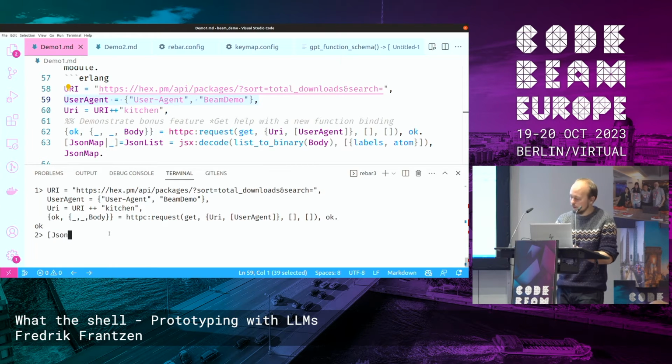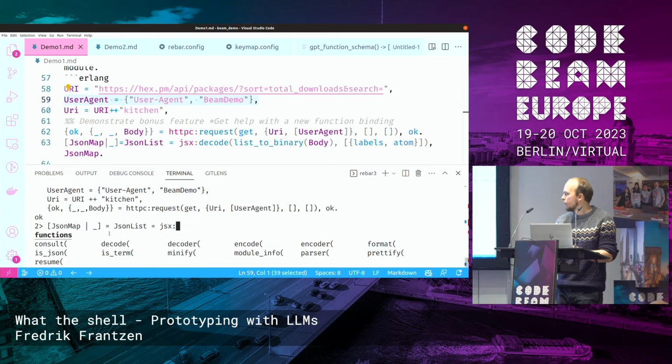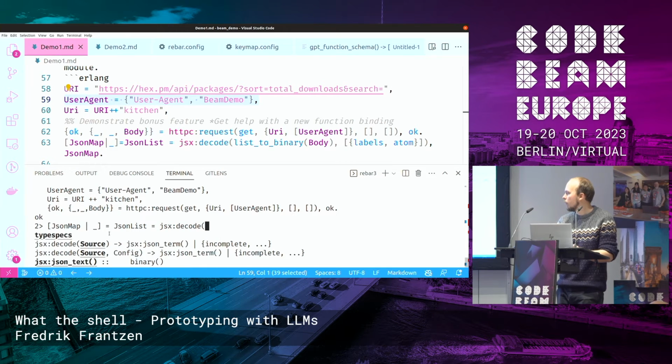All right. And this one expects the source, it's supposed to decode, so I will just put a binary in here.